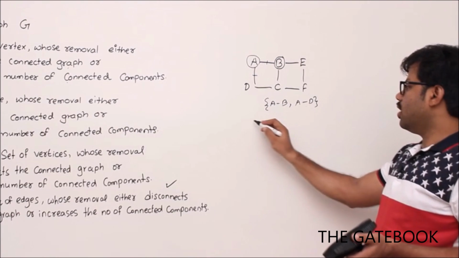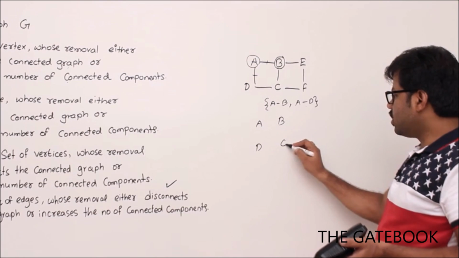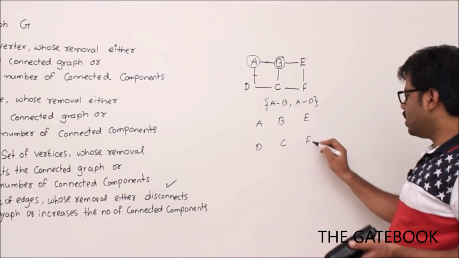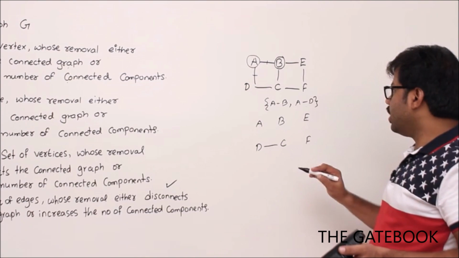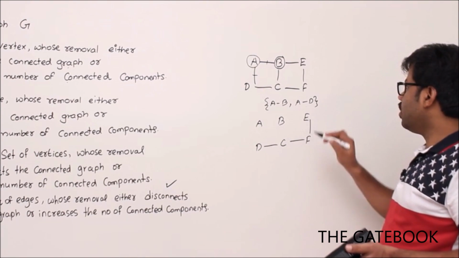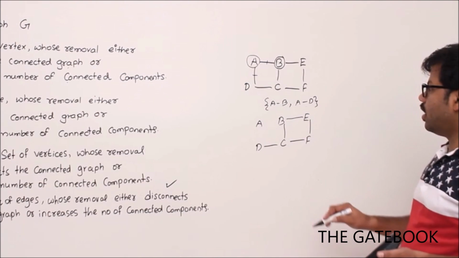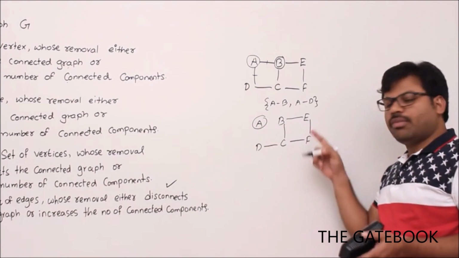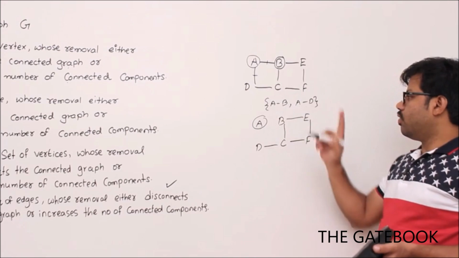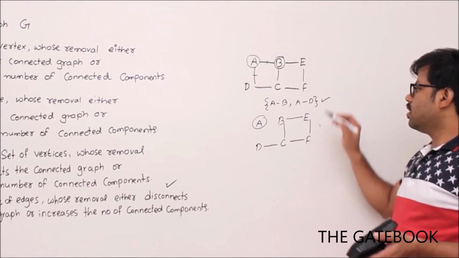If I do that, the resultant graph has vertices A, D. When I remove edges, vertices will not be changed, isn't it? So that's why the number of vertices is the same. CD here, CF here, EF here, and EB here. Anything else? BC, right? And this vertex A is now separated from the other vertices. That's why now the graph is disconnected. Enough to say that this is a cut edge set.